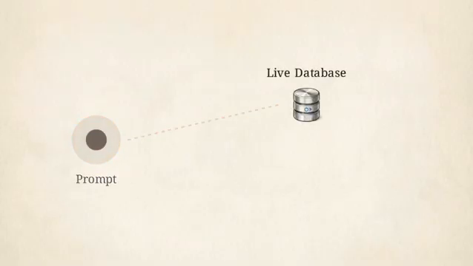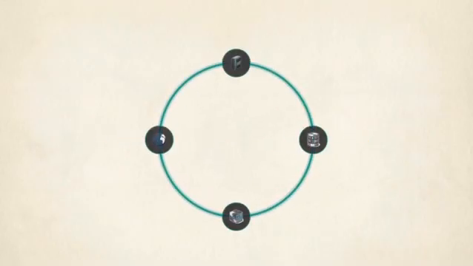The issue is architectural. A standard chatbot processes your prompt in isolation. It has no built-in mechanism to query a live database, store the result of that query in its memory, and then make a secondary decision based on what it just learned. Solving this requires a shift in software design. Developers have to move away from a linear, one-time response model and embed the language model inside a continuous loop.